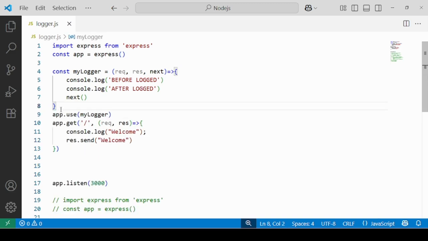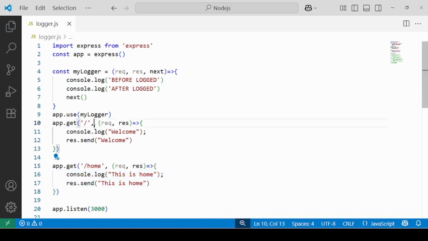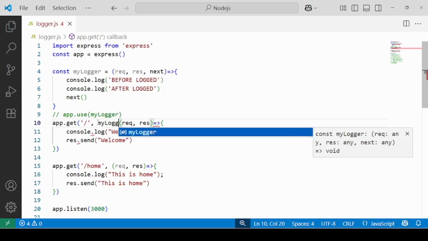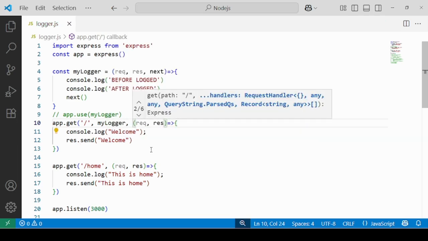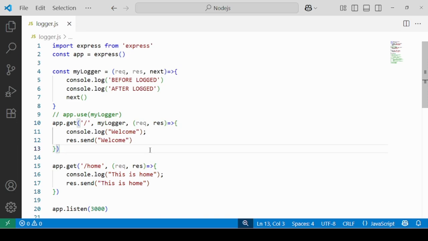Rather than shifting your routes this way, you would be commenting this out and specify your middleware here. So yes, this is also one way of making your URL utilize the middleware.